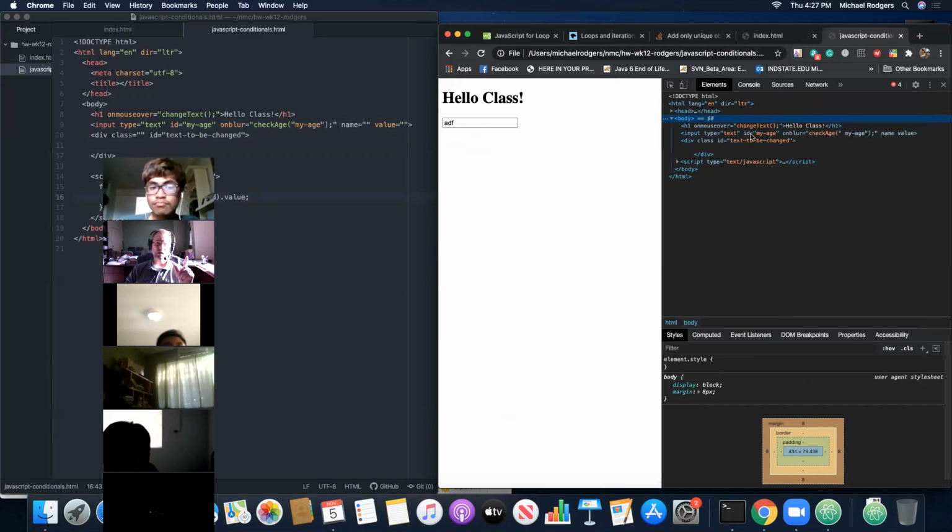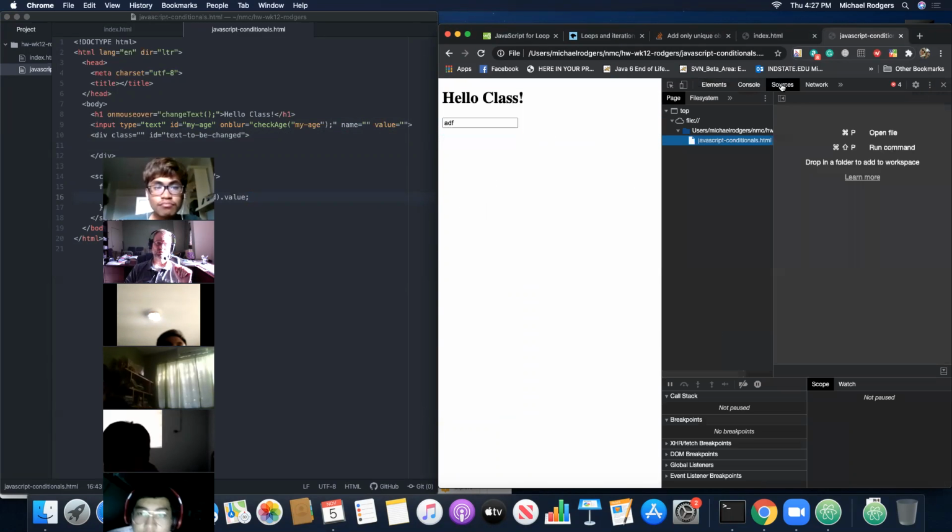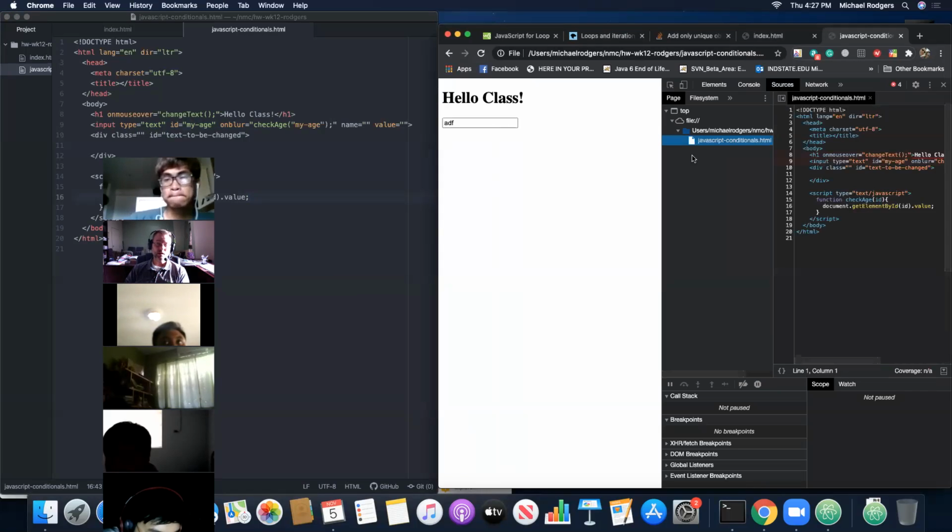In order to turn on the debugger, the first thing you need to do is go over to sources, and you have to have the source file. So in this instance, my source file is an HTML file, and that's fine, because as long as there is some JavaScript code in it, we can debug on it. So you click on that code,